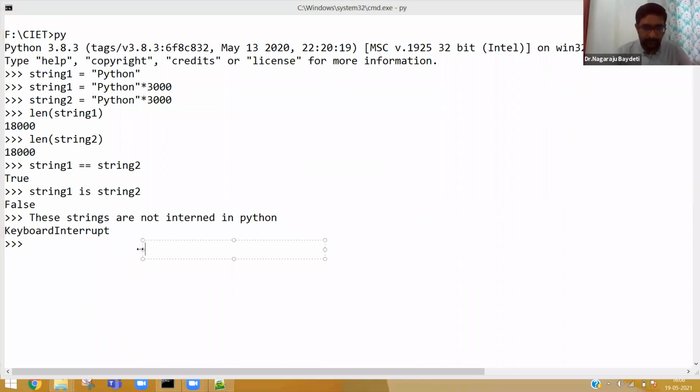Okay, so only when the strings are interned does it make sense to compare with double equal to and is operators. Why?